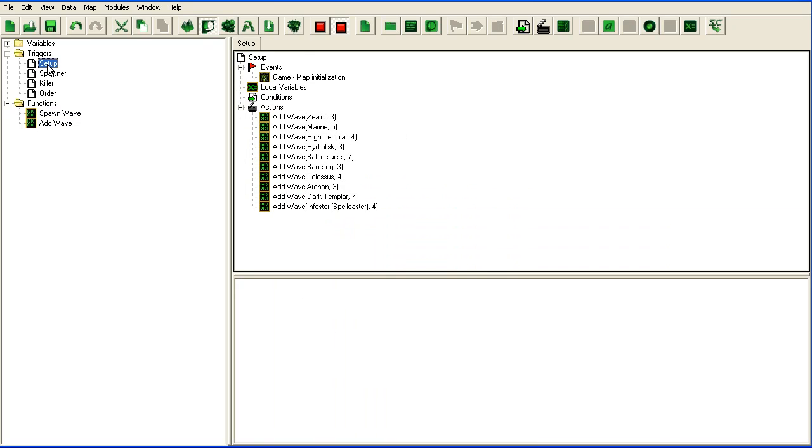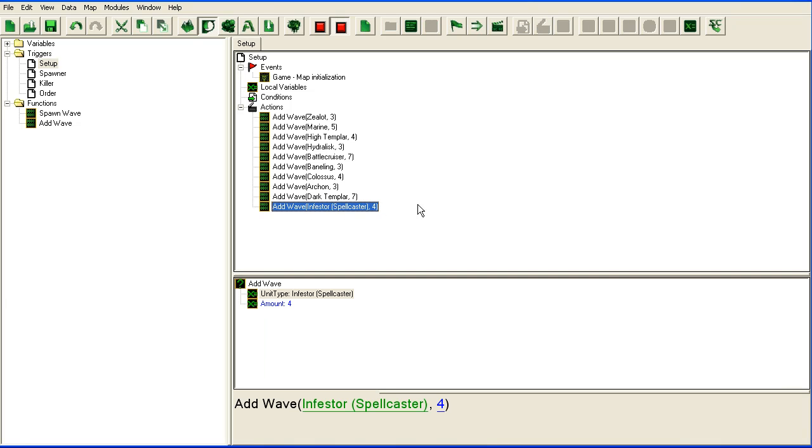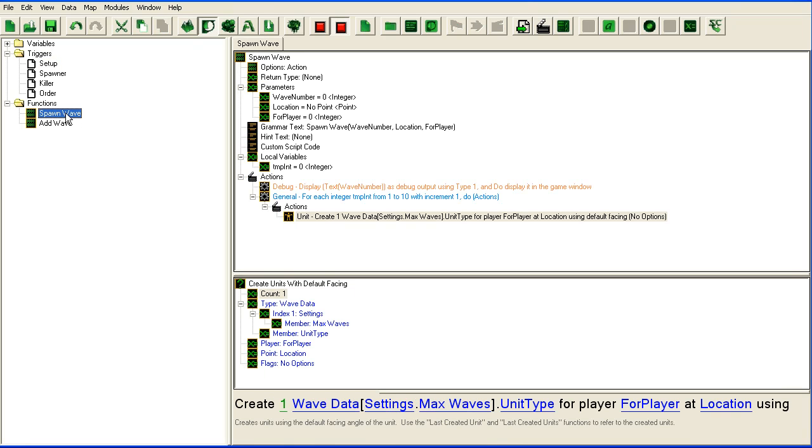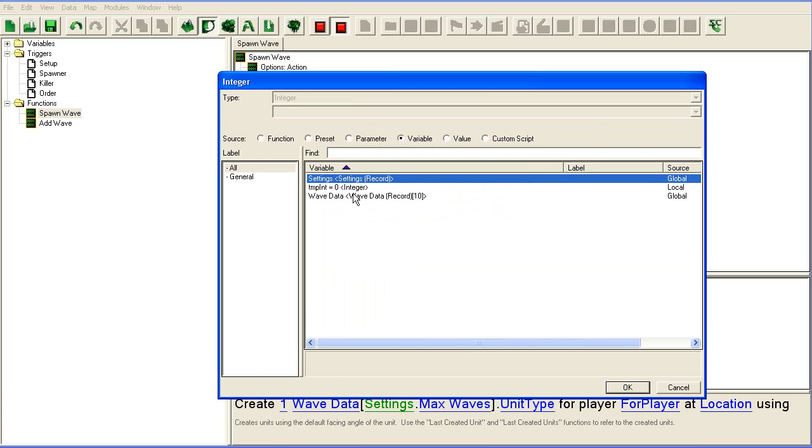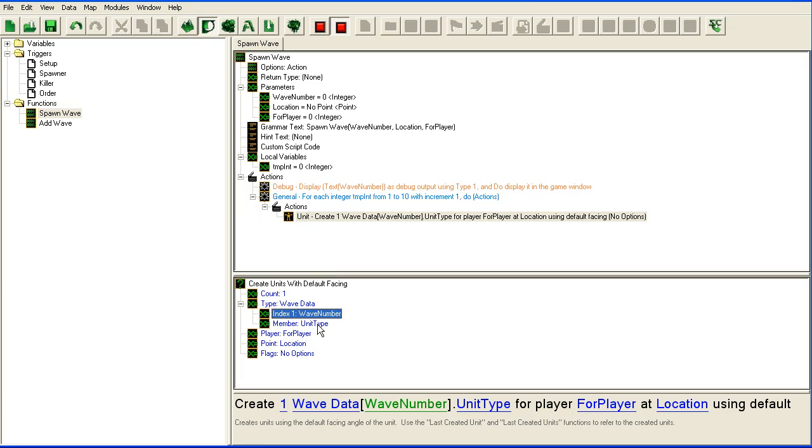And if I look in my setup, the last wave I set up is the infestor. So what should be here is obviously the parameter wave number. Then it should be spawning the correct unit type from this array of units. This here,